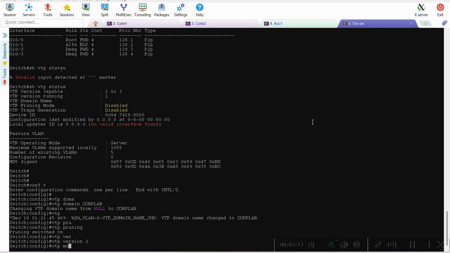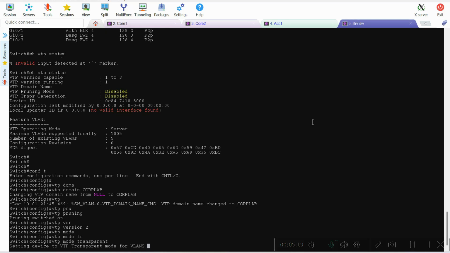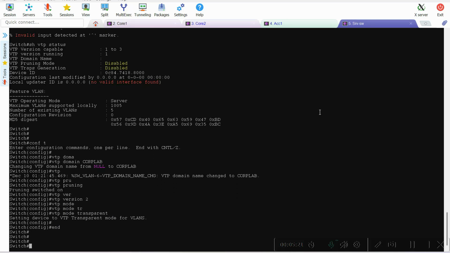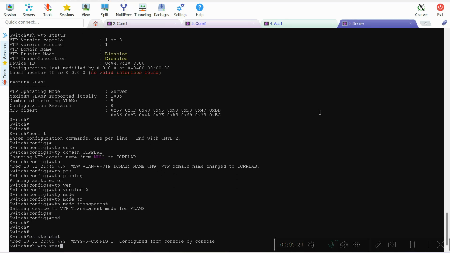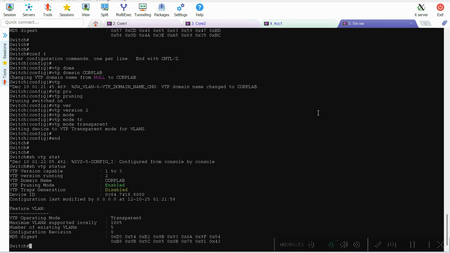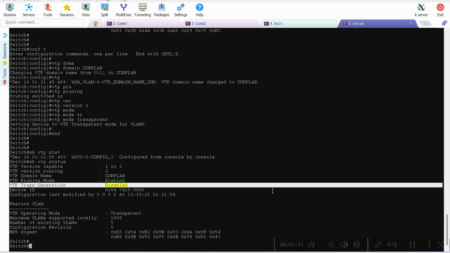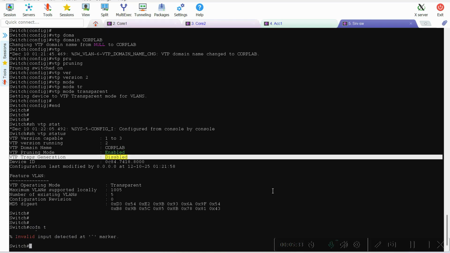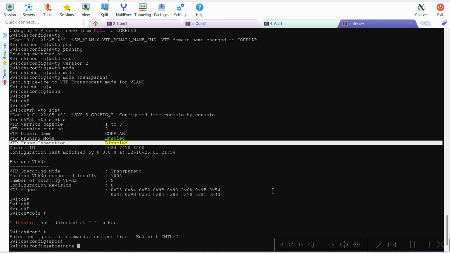VTP mode transparent. Okay, checking show VTP status. Version 2, core lab domain, transparent. Okay, good. We'll call this